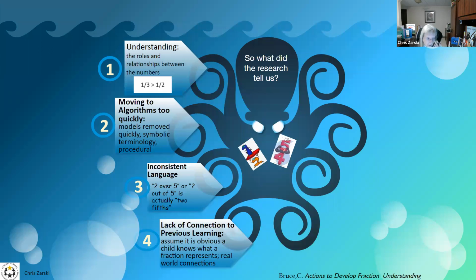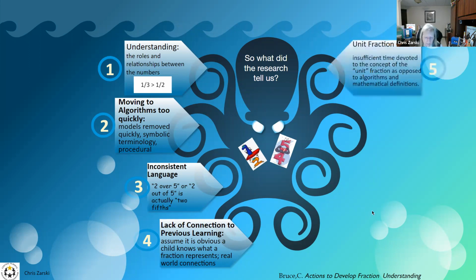The lack of connections to real world, like where does 1 over 2? Okay, so you cut an apple in half. So what am I supposed to do with that? Money's a perfect opportunity. How do I connect a unit fraction or a fraction to money? Money I can carry in my hand. Money I can see how I can break it up. So there's that real world start again. So that's that money piece again, brings it right back to us. Bring it out, bring it out, bring it out as much as we can.